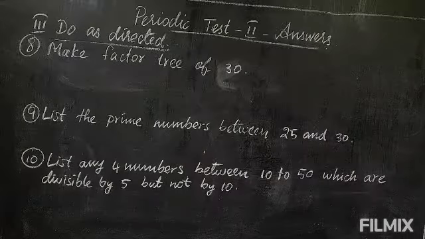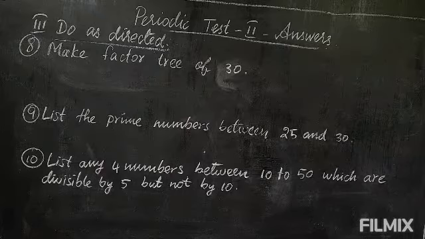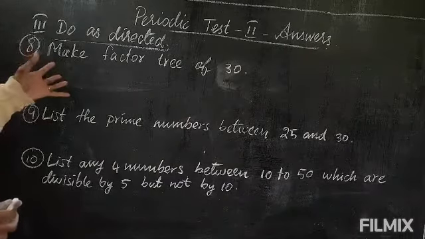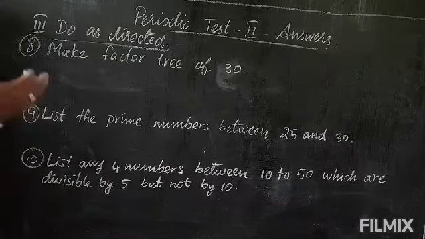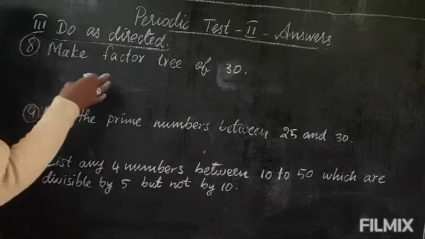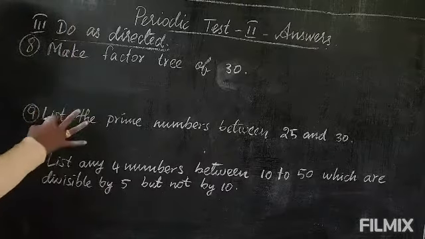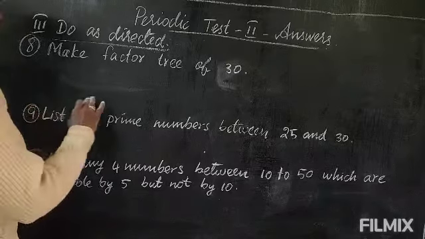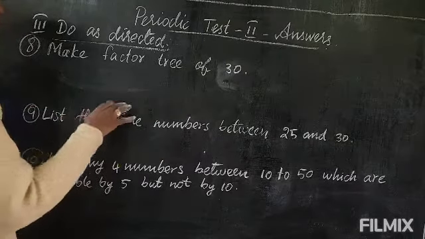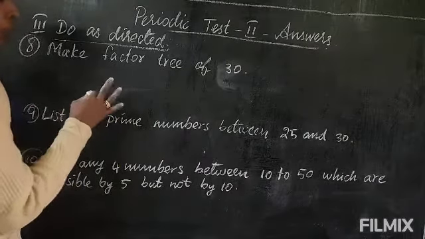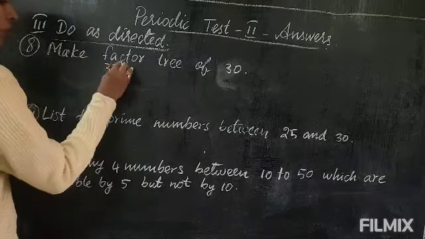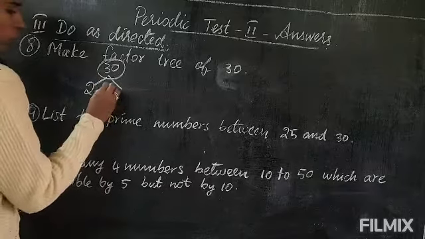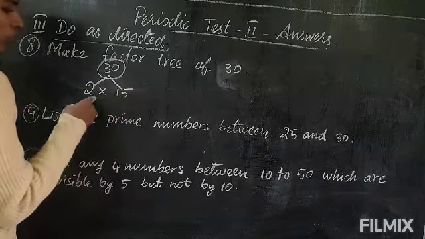Okay, now the 8th question, make factor tree of 30. Here many of you have written the answer correctly, but you don't know how to write the proper way, no? So for that I had written half mark. See, a factor tree should be like a tree, not like a calculation. Some of you have just written the numbers in multiplication. So the factor tree should be shown in the factor tree method. So 30, if you write, this will be 2 15s are 30. So this is the way how to write.